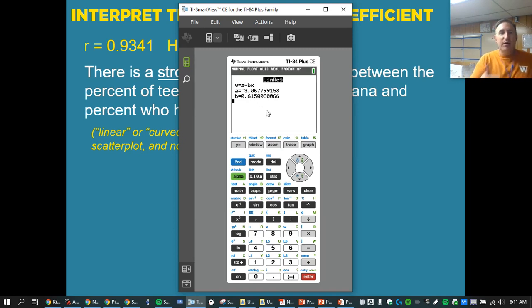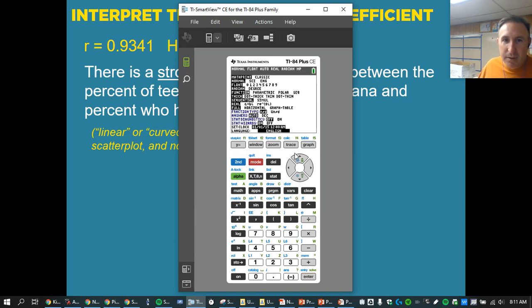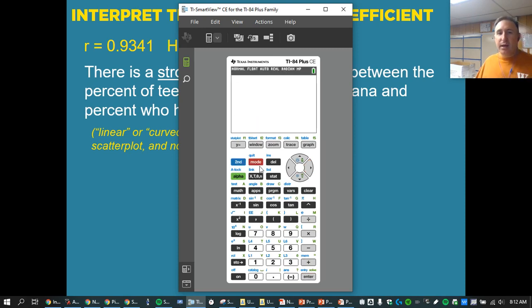If you reset the memory on your calculator, which we tried to prompt all of you to do, the default, for some engineering reason that I don't understand, is to turn that off. So you're going to have to go to mode, and we're going to find the stat diagnostics, and we're going to turn those on. Okay, so once I have my diagnostics on, when I run the regression, now it gives me R and R squared. Okay, so the note to make to yourself, make sure your stat diagnostics are on if you're using raw data,